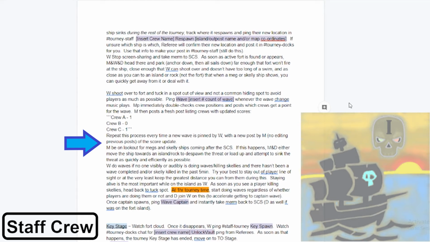And they would post that full set again. The more info we have on record in the text channels, the more easy it is to track down any mistakes that may occur. The modder will be on a lookout for megs and scaly ships coming after the staff crew ship, of course. If this happens, modder and doubler, as I was saying earlier, either move the ship towards an island or rock to despawn the threat, or load up and attempt to sink the threat as quickly and